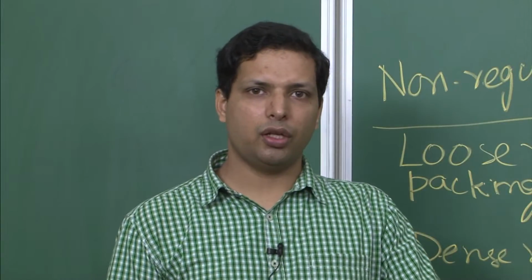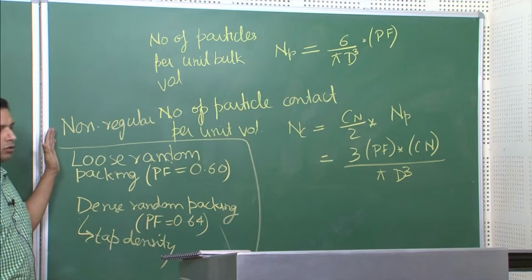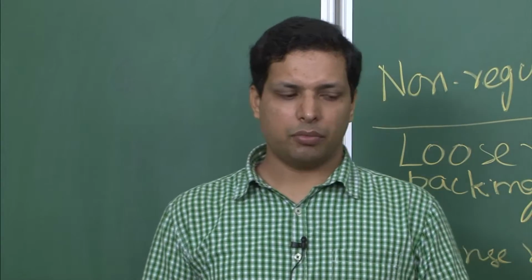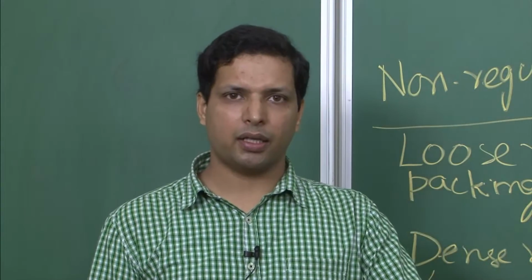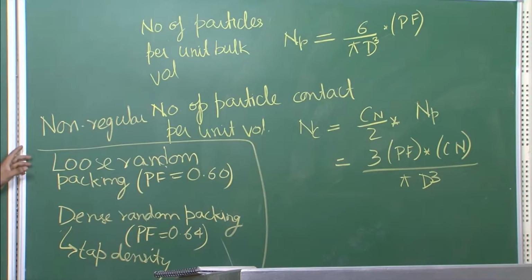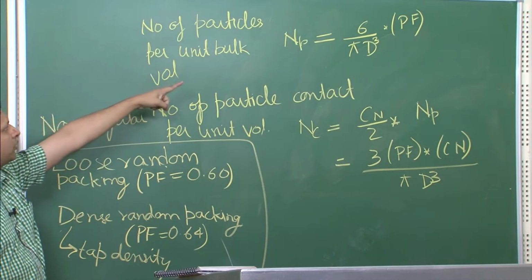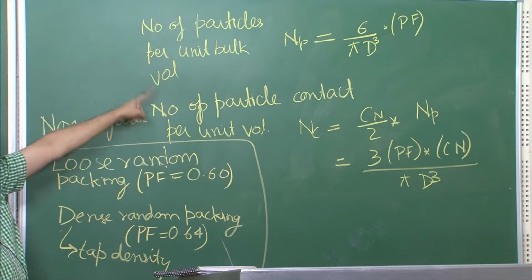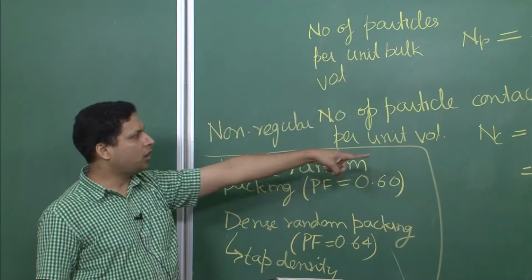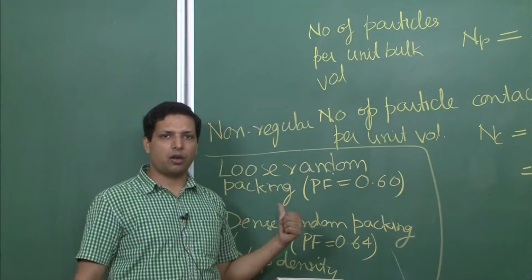In the previous lecture we looked at some regular packing and also saw that there are some non-regular packing. Of course, regular packing is not something you would actually expect in a real material. What you would expect is a non-regular arrangement, and for that we also saw that we can get relations like the number of particles per unit bulk volume and the number of particle contacts per unit volume. These were obtained directly from regular structure, but the knowledge can be extended